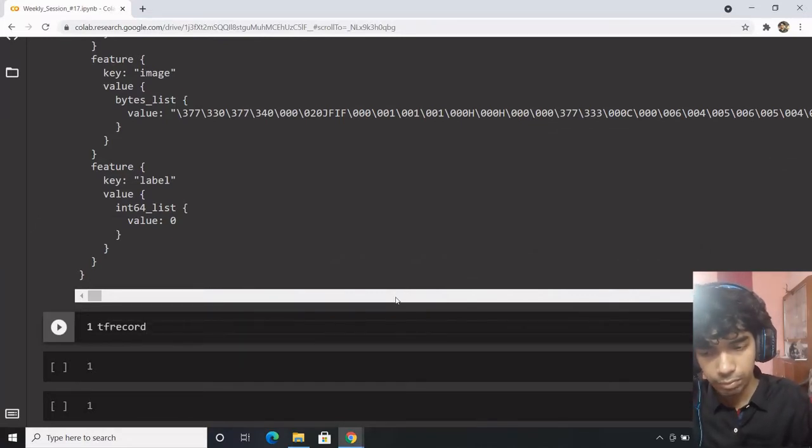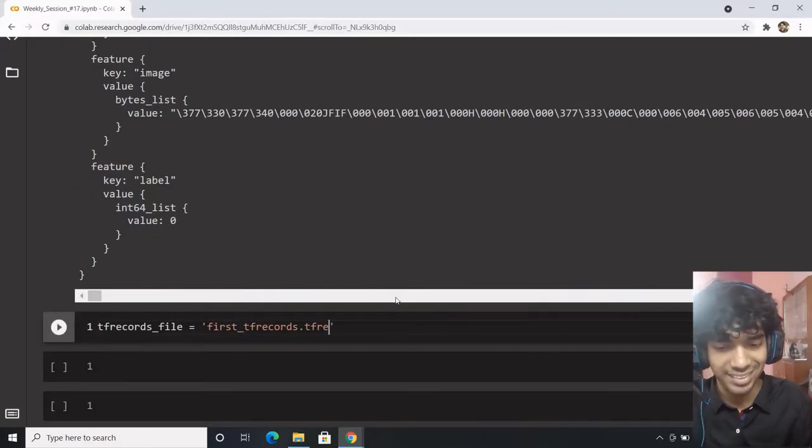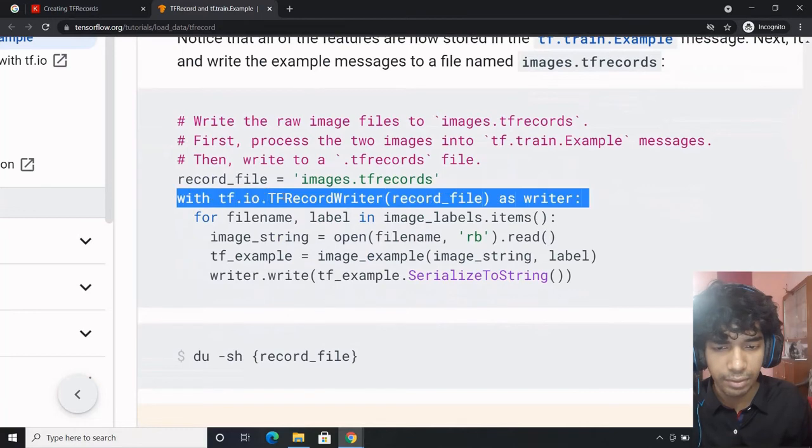TF records file would be named as first TF records dot TF records. Your first TF records file, first file dot TF records, a good name. Now what you need is TF record writer.